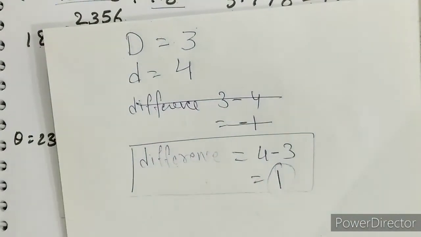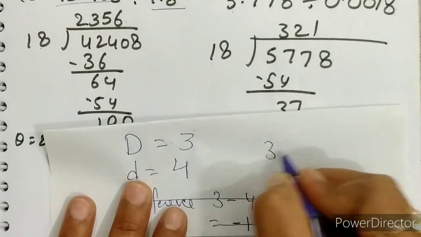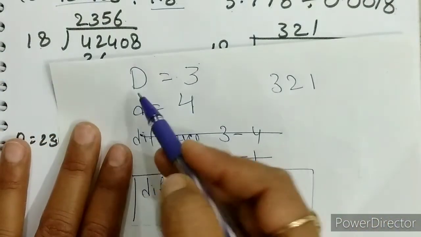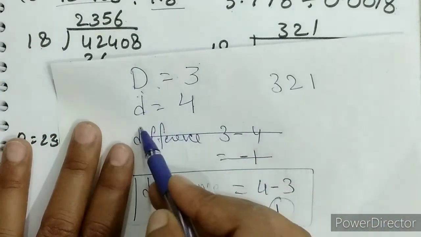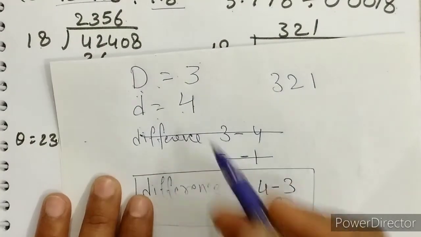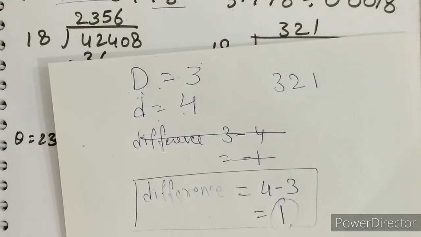So in this case we will not put the point after numbers in quotient. We will add one number in quotient. Your quotient is 321. We need to put one more number in quotient because our difference is 1 when the number of numbers in dividend is less than the number of numbers in divisor after point. Keep in mind, after point. Okay, so as we know, we can't add any number, we can add only zeros.